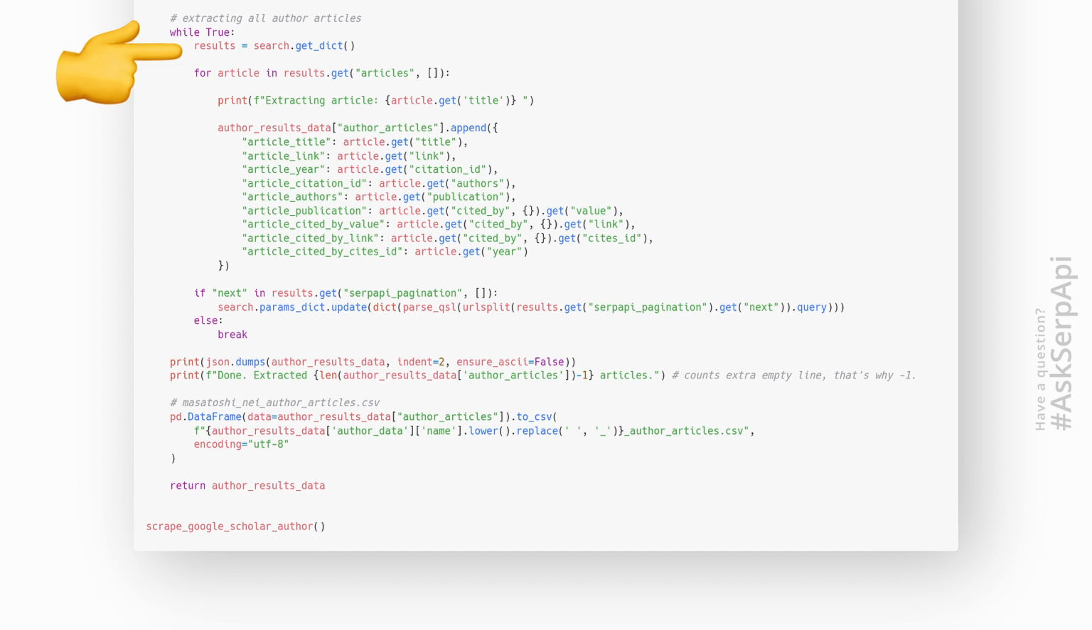add the getDictionary method one more time, which now will be used to extract publications data only. Then we append extracted data to the author's articles dictionary key. And finally, we need to check if the next page is present, and if present, update to the next page. Otherwise, exit the while loop and proceed to the next code, which in this case is saving to a CSV